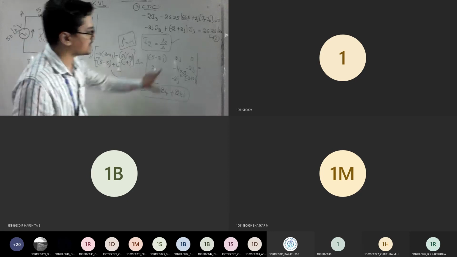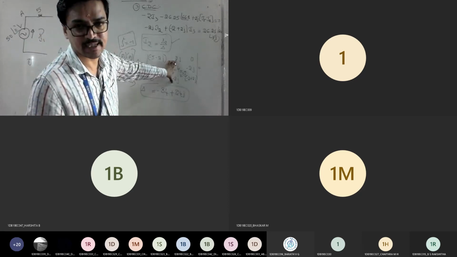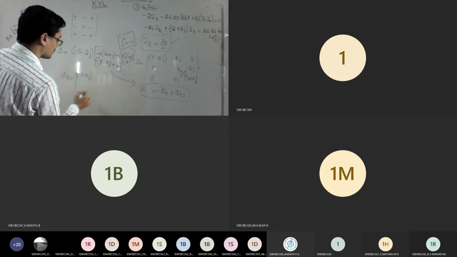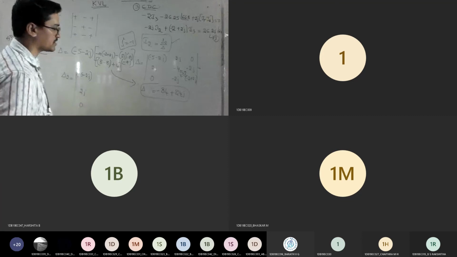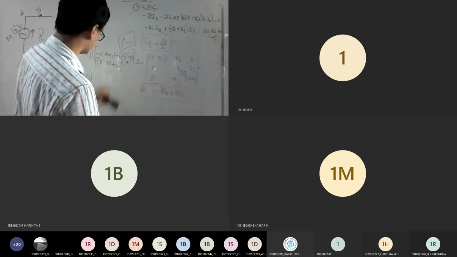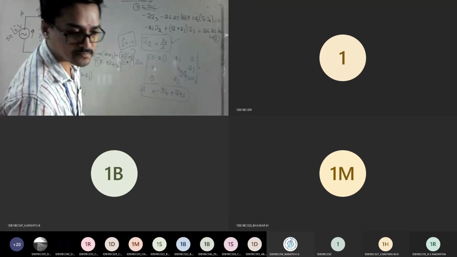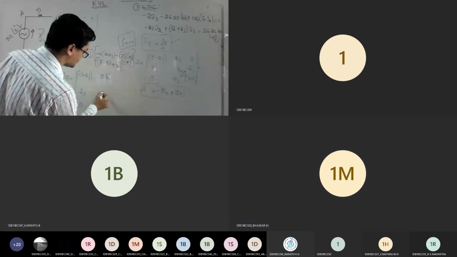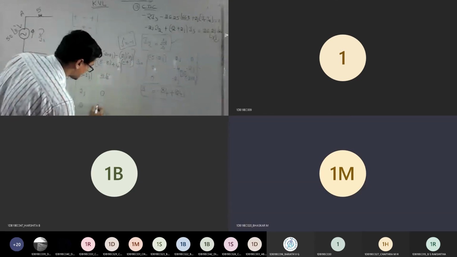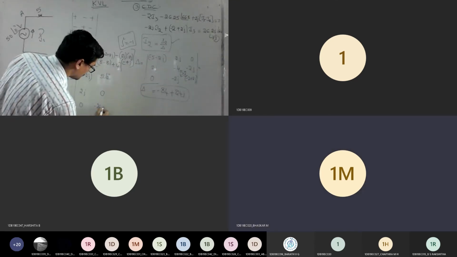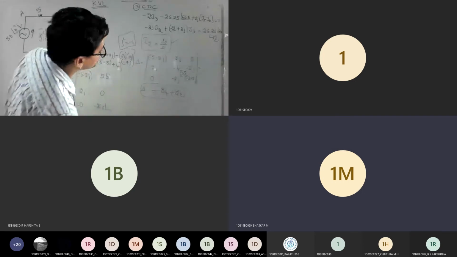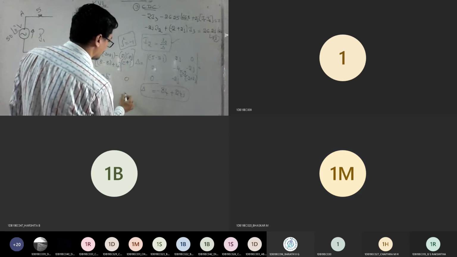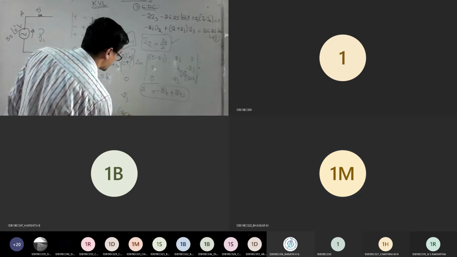Replace the second column with your constant terms. So the first column remains the same: 2j, 0. What is the constant term? 50 at an angle 0. Then the second term is 0, right? And last is minus 26.25 at an angle 66.8. Okay, fine. And next is 0, minus 2j, minus 2 plus 2j.